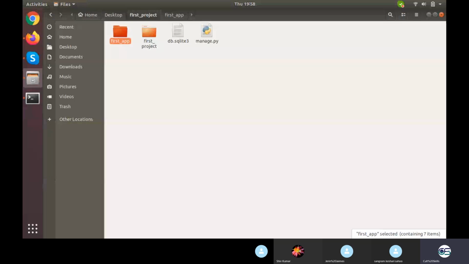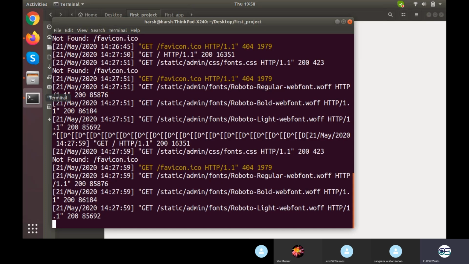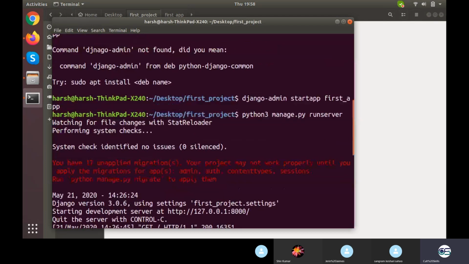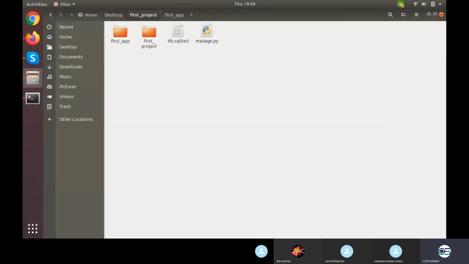Coming back, it has already created a db.sqlite3 file for you. That means this is the file where your entire database would be stored. So right now we are not talking about that architecture in which the front end is one layer, the back end is another layer, and the database is stored at some other place. No, we are talking about that architecture where the backend and database are stored hand in hand. You understand this because I ran the file manage.py, which worked for me. Right here you can see, manage.py is what is running right now, and which will be running all together. We will not be touching any other file. And it maintained a db.sqlite3 file for the database.